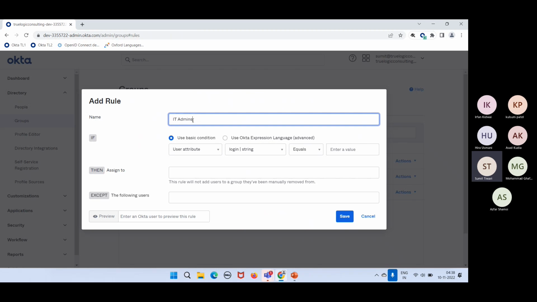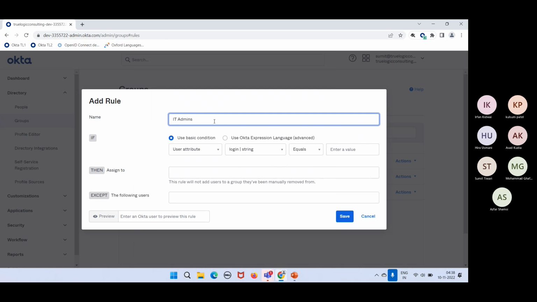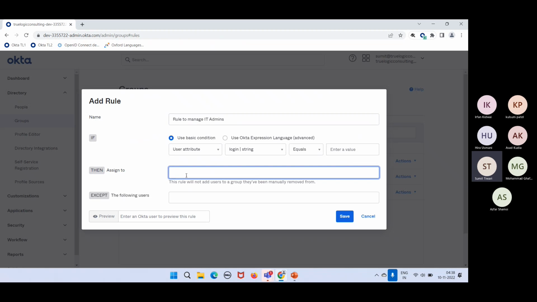Or if I want to illustrate more, I can say rule to manage IT admins, right? So it clearly specifies that this is a rule which manages this specific group. Now, coming to the rule itself, this rule has a condition, and if the condition matches, then the user gets assigned to a specific group. And the group which we are targeting is IT admins,